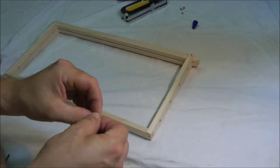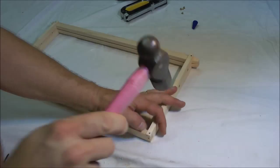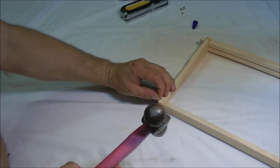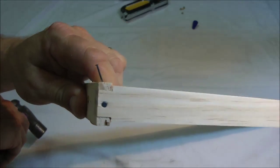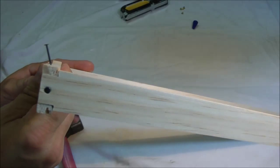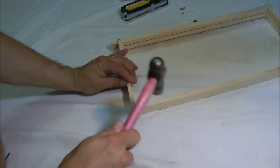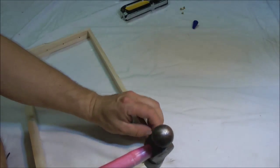So you just simply and quickly put that in. Put this one in roughly on that angle. Yeah, so that's the angle I'm trying to achieve, at least, as you can see right there, and we hammer that in, holds it nice and tight. So I'll just quickly finish off these two sides,